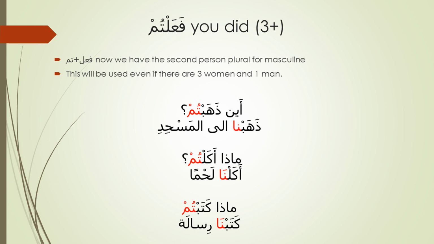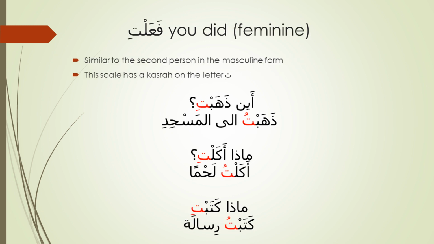Okay? So we've done the second person for the males. There were 3: 1, 2, and a jam'. Now we go to the second slide, which is the feminine. We have fa'alti. Don't get mixed up with fa'alta. Fa'alta, you did as a man. Fa'alti, you did as a woman, with a kasr. So the same scale, ذهب, on the scale fa'alti. The result is